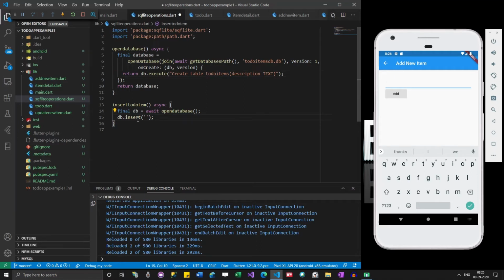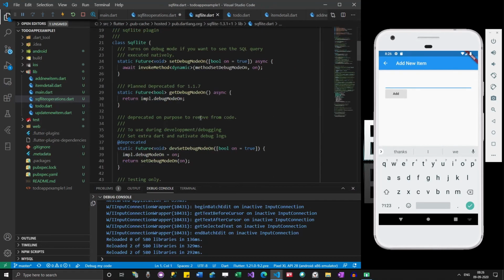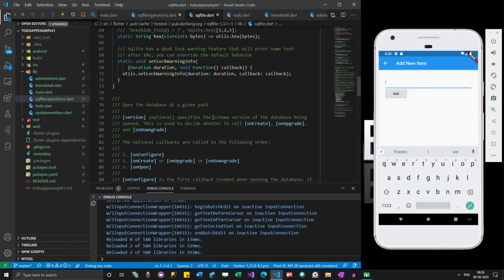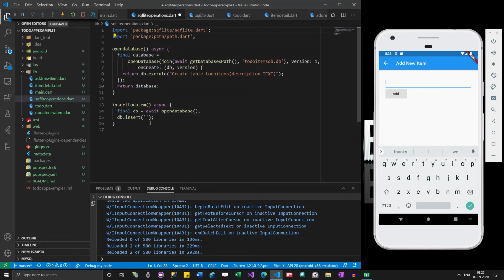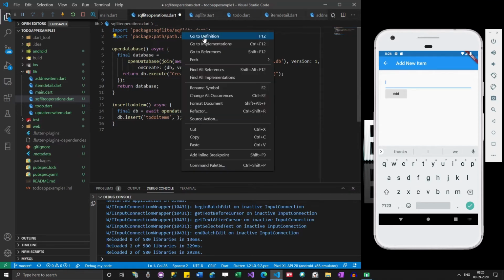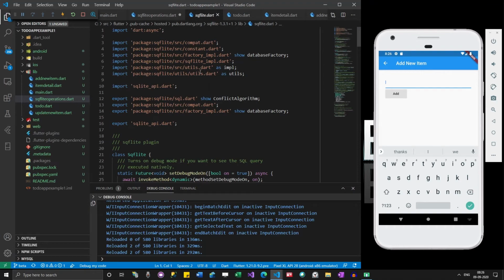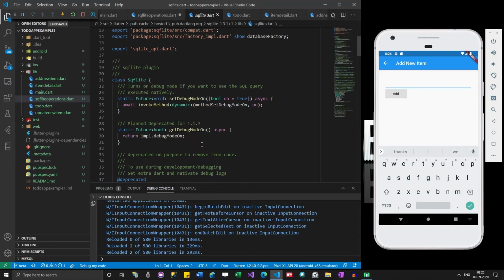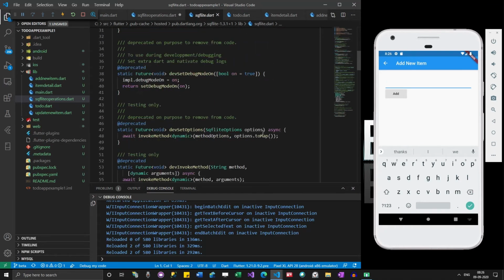Even if I hover my mouse, it's not showing anything. But I can go to definition, and if I like, I can go to this definition and try to get the code by verifying the code here. Okay, but anyways, I have already done that homework, so I'm just going to use the table, and let me show you. Okay, let me show you.